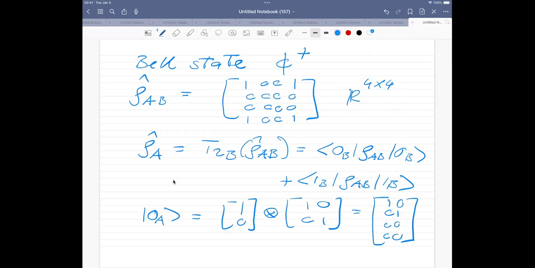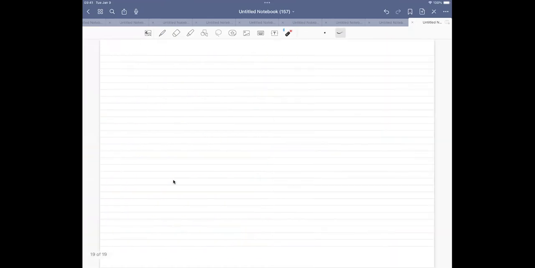This is a 4 by 2 matrix. My matrix, which I have here, is a 4 by 4. So when I'm performing the multiplications now, when I'm tracing out the system which I want to get rid of, I need to have a 2 by 4 matrix,